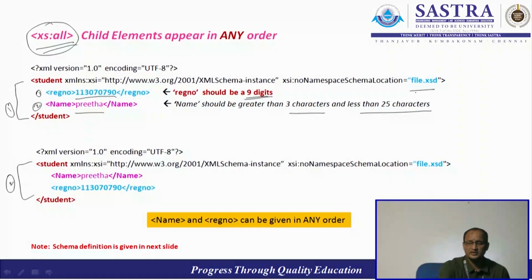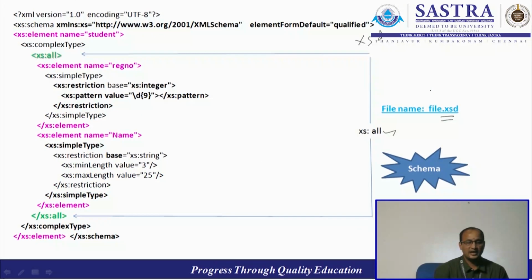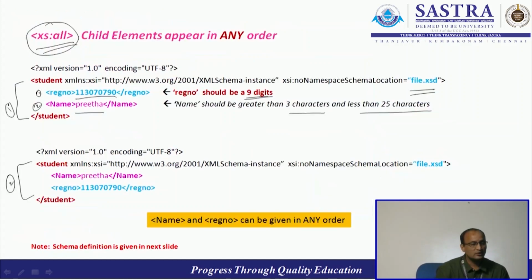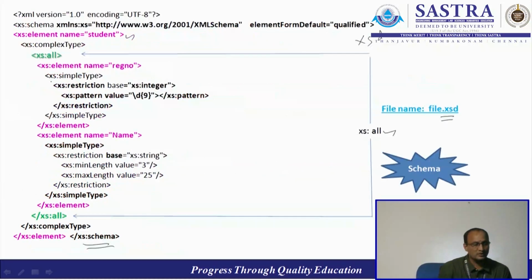So this file has been mapped with the XML document. Can you see here? It is available here. File.xsd, the file.xsd I have given in this slide. Look at this. We should start with the xs:schema and we should close with xs:schema. In between this schema, we have to start writing xs:element name student. This is the root tag. Look at this. Yes, this is the root tag student. So we consider xs:element, its name is student, and